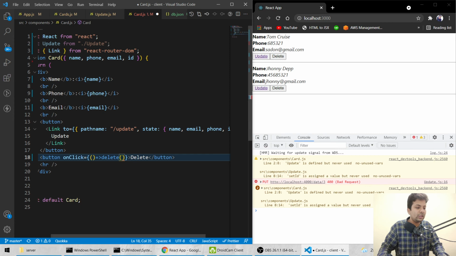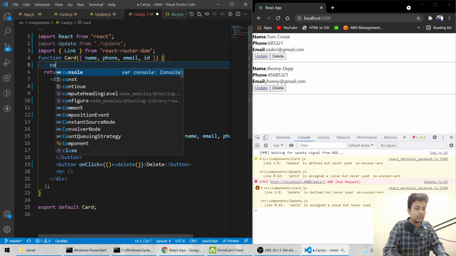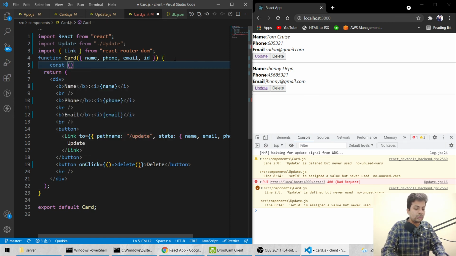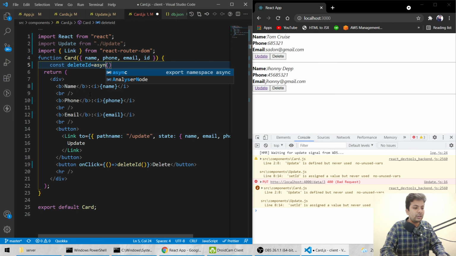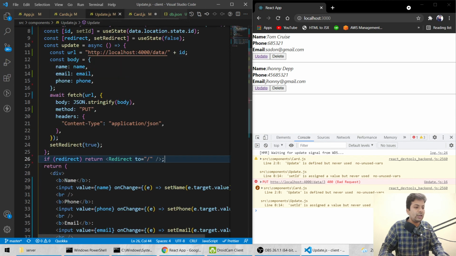Here I'll make a function, constant delete, but delete is a keyword, so I'll say delete id, id, asynchronous, and here I'll do the same thing whatever I have done here.